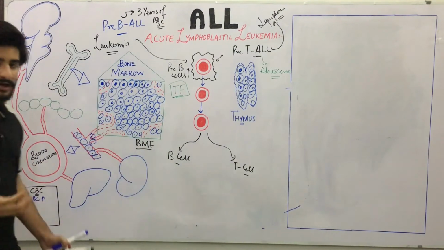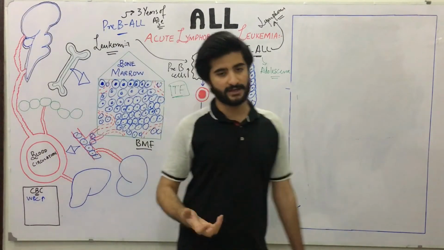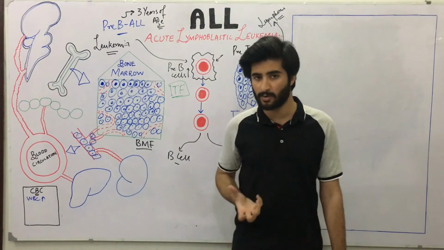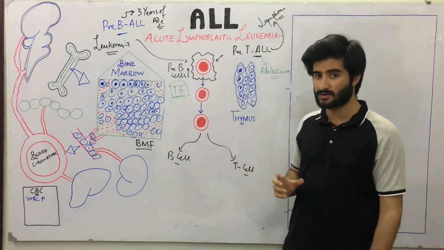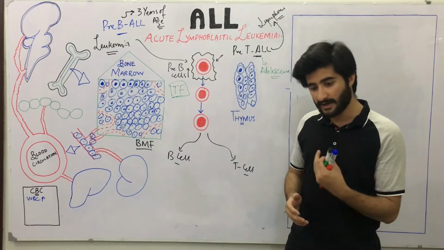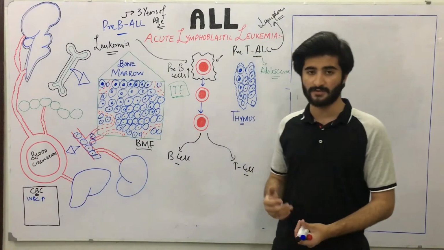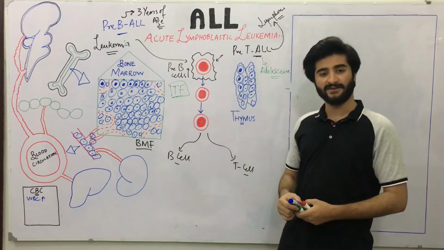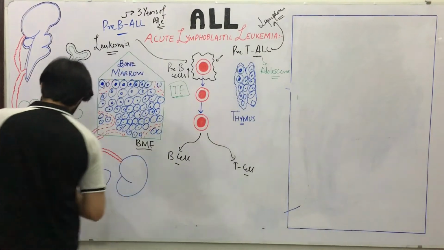So what is this bone marrow failure? In bone marrow failure, the function of the bone marrow is disturbed. And what is the normal function of bone marrow? The normal function of bone marrow is to form neutrophils, to form other cells like red blood cells, and to form cells like platelets. So these cells will not be able to form, and as a result, we will have neutropenia,